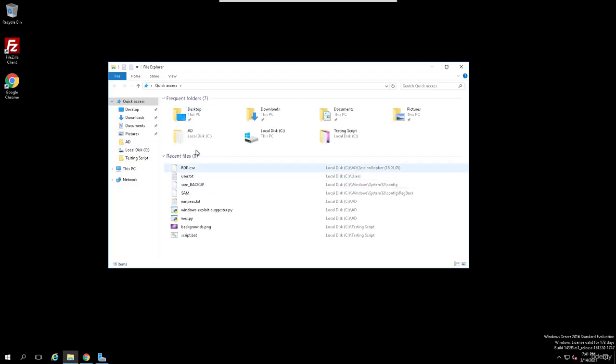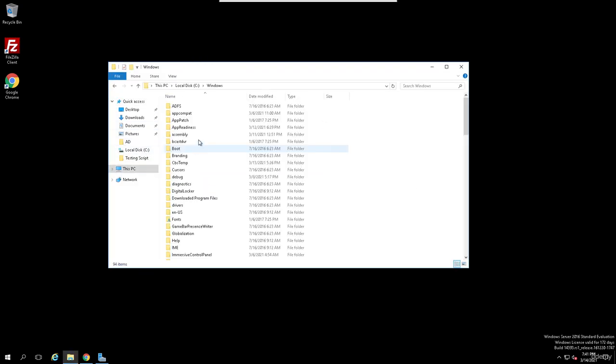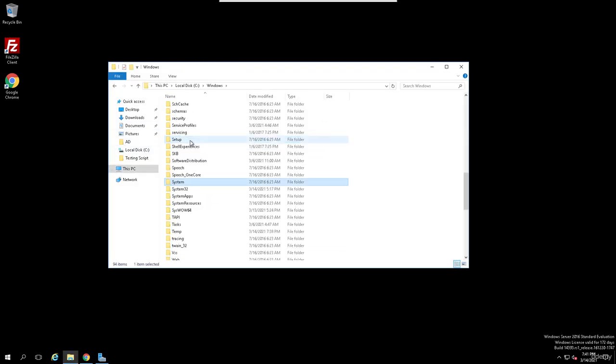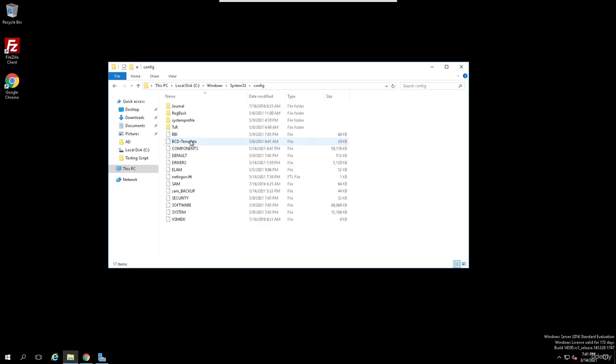So let's go ahead and do that. Let's go into the C drive. You want to go into Windows, then System32, then the config folder. And here it is, this SAM